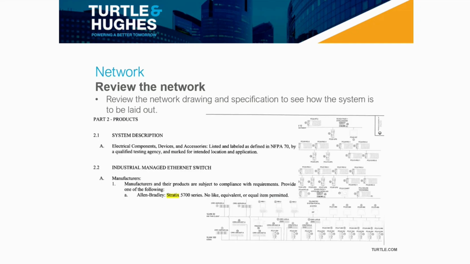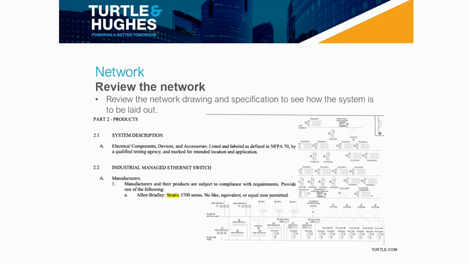One of the other things, of course, you're going to want to look for is the network. These days, we can't do anything without looking at the network. And these days, almost everything is going to be on Ethernet of some form. Make sure to review the specification. Look for those drawings that are going to show you what the network layout's supposed to be. And then in the product section of the specification, look for what they are looking for with regards to that